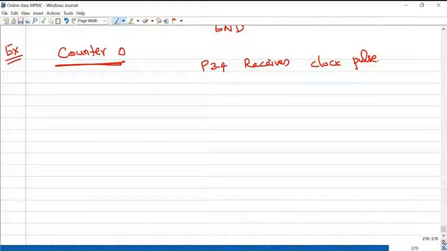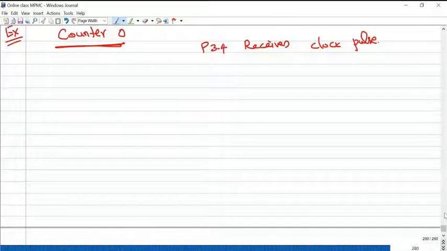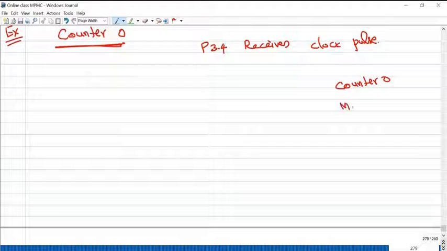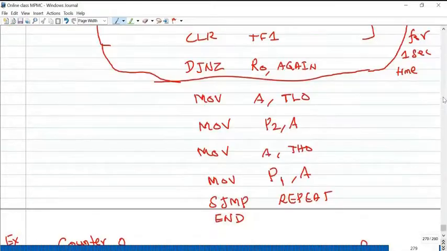Now write a simple assembly language program for this concept. Counter 0, suppose mode 2. I want to use counter 0 in mode 2. What should be loaded?